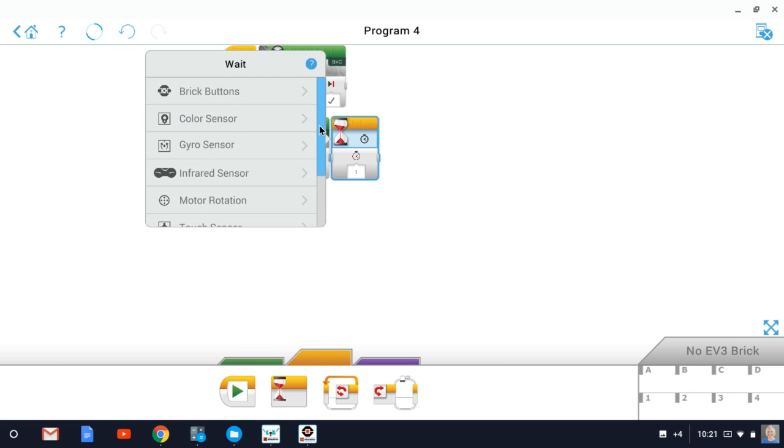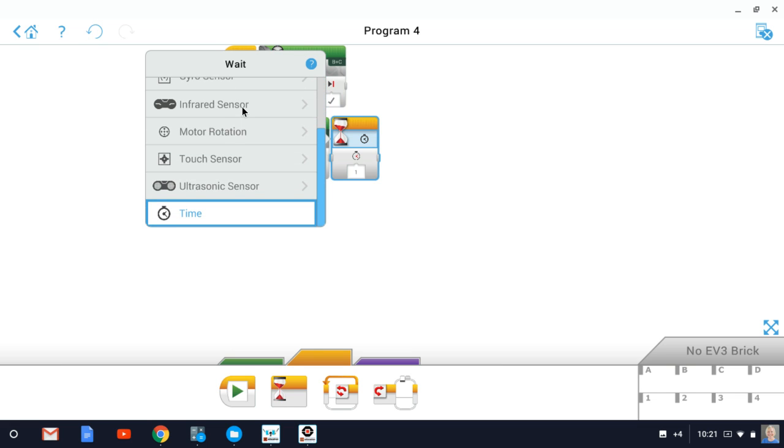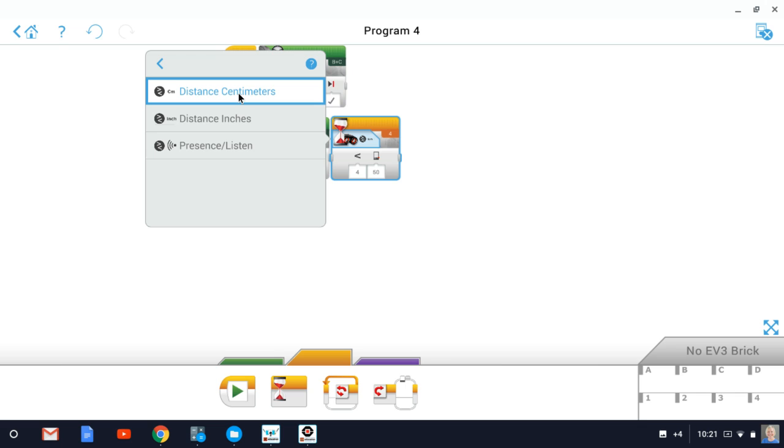and we're going to find that ultrasonic, those eyeballs. Okay, so make sure you're not using the infrared because that's not what we're going to use. We're using the ultrasonic, and we want the ultrasonic to compare. Now on the code, you can see that it's comparing for a distance in centimeters, and it's telling you for 6 centimeters. Okay, so 6 centimeters is right there. We want it to go ahead, and then